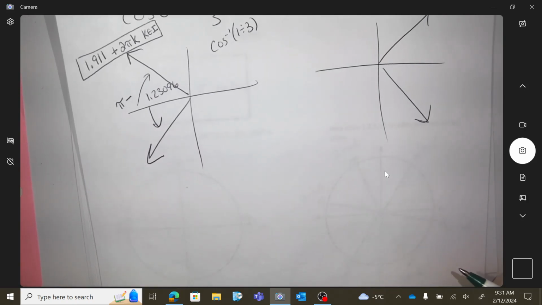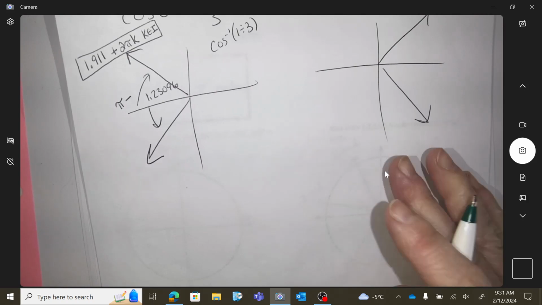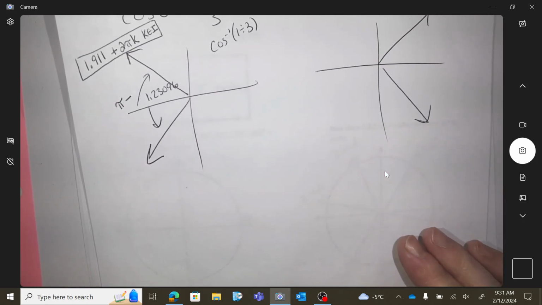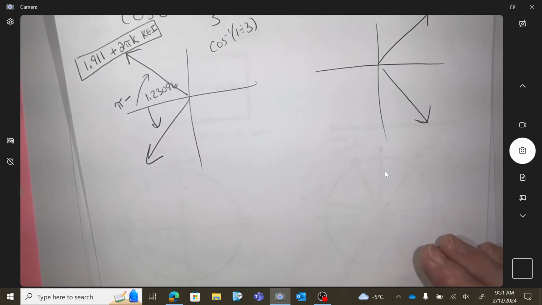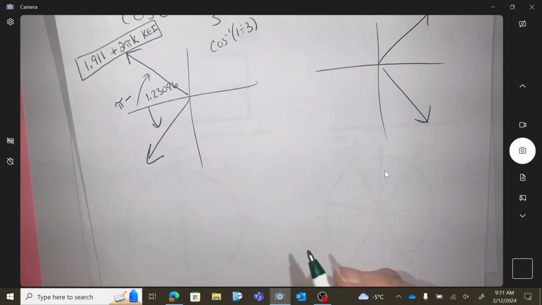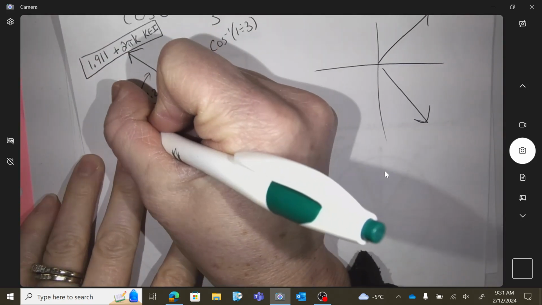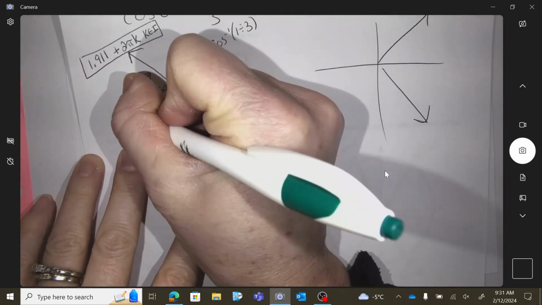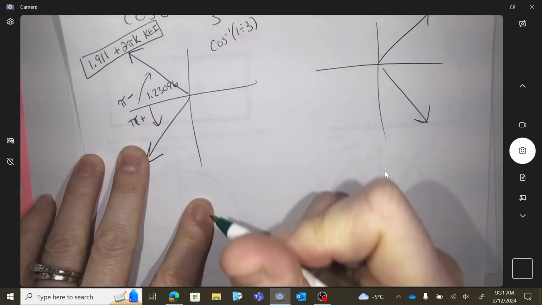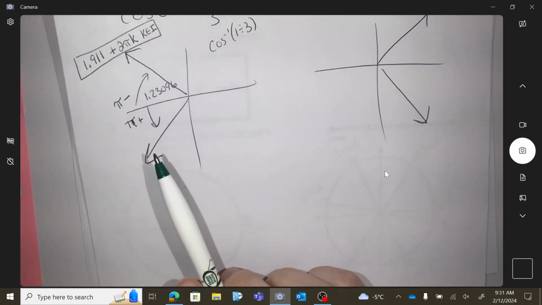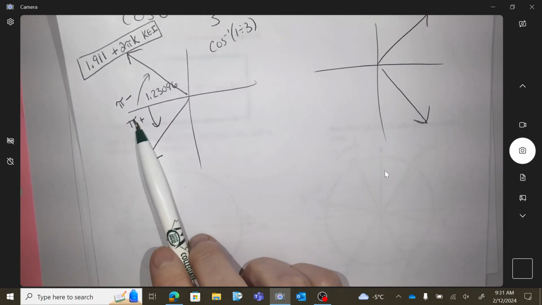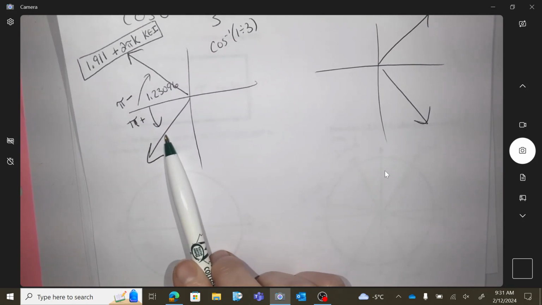So you can rotate any integer amount of a circle. So all that includes answers forever and ever. You rotate around and around and around. Okay, so this same thing here, this one would be pi plus